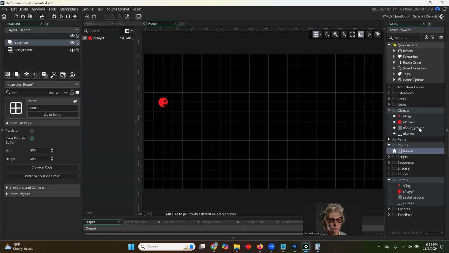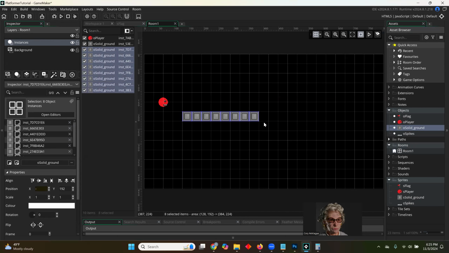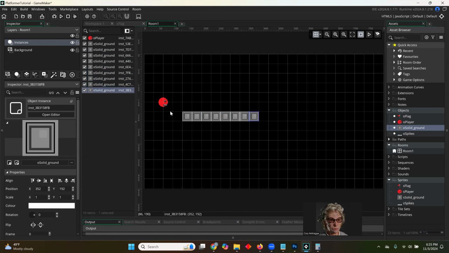So we could just simply drag our ground over into our level, and we could even hold down Alt and drag to make a bunch of copies. But there's actually an even more efficient way of doing that. So I'll go ahead and undo